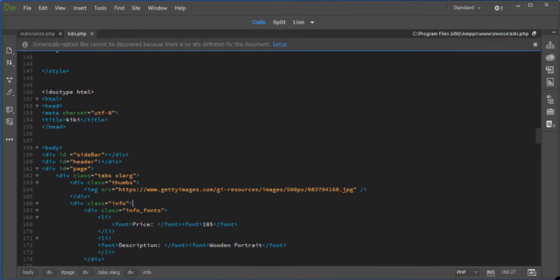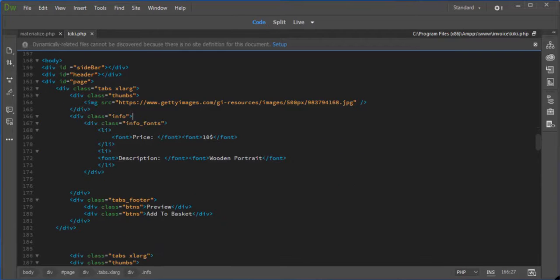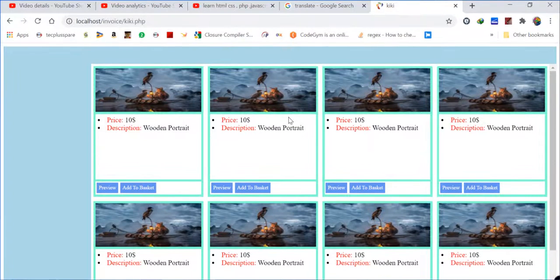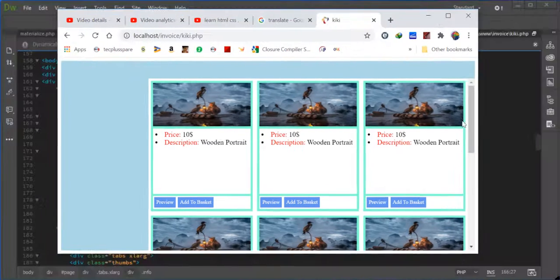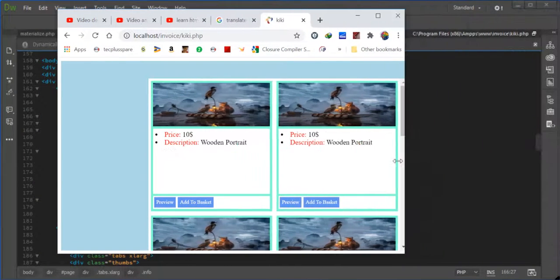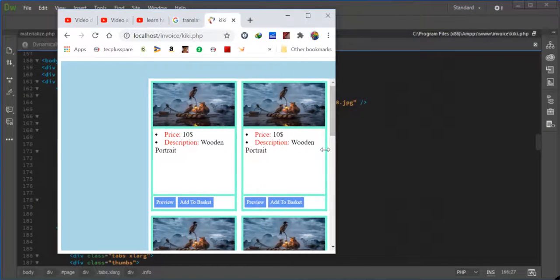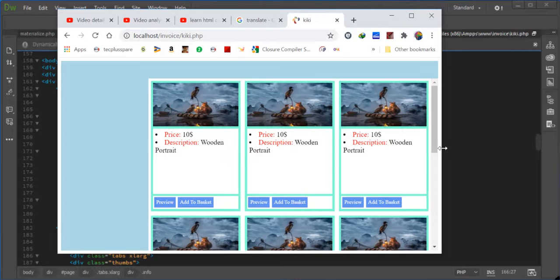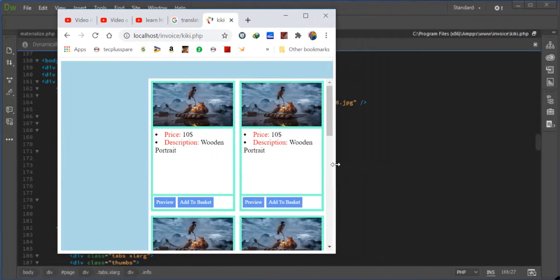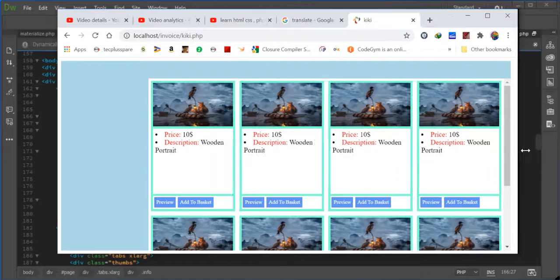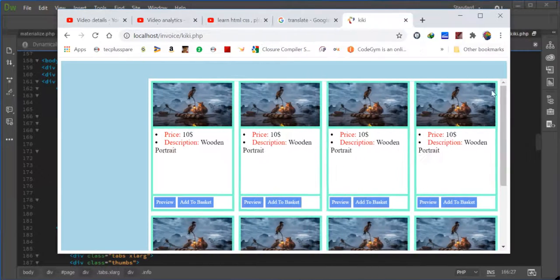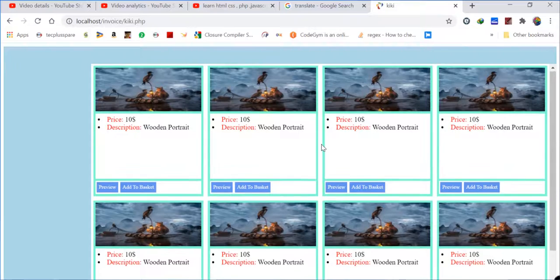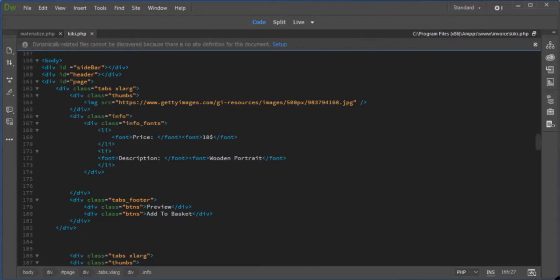So, if you remember, my last session was about creating tabs and tab results and layout it. So, who don't know how I did this, he can go